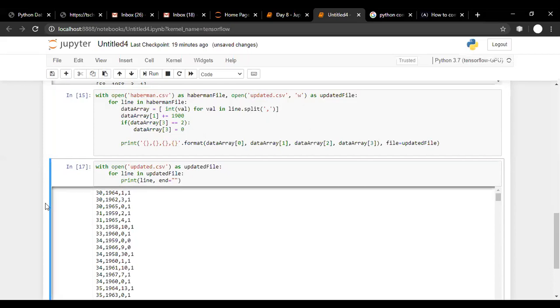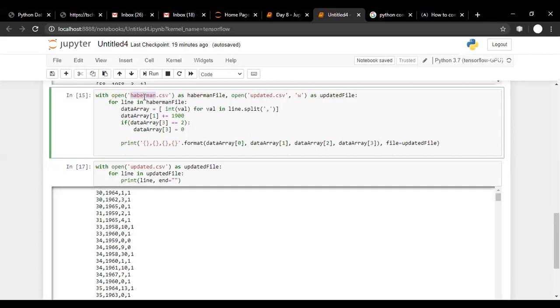Then there is a very basic question. Why did we write the contents in a new updated file? Why can't we modify the same file? Yes, if we want, we can modify the same file, but we should not, because we want to keep the original content as it is, and we are creating a new file for updated content. This is a very common practice in data science or machine learning, that if you want data in a different format, you create a new file and write the updated data in the new file, so that both the old format as well as the new data are available to the user.